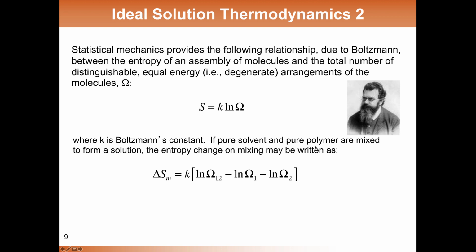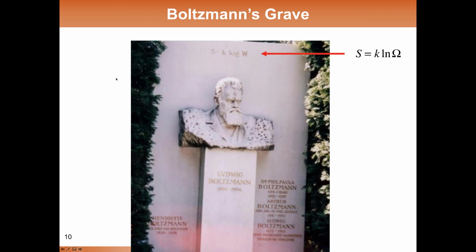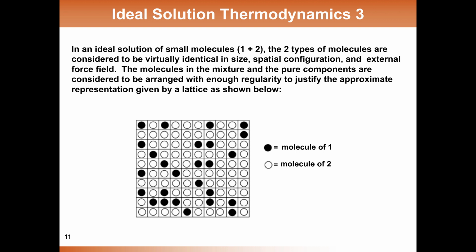And if the pure solvent and pure polymer were mixed to form a solution, then the entropy change on mixing could be written as shown here. This would also be true if it were two solvents that were mixed together. So this is a very general relationship. And you may have heard this, but here it is on Boltzmann's grave, this relationship between the microscopic or statistical world, omega, and the world of macroscopic or continuum thermodynamics, entropy. I thought he must have felt particularly strongly about this idea. In any event,